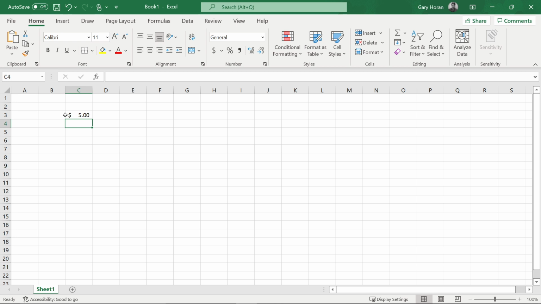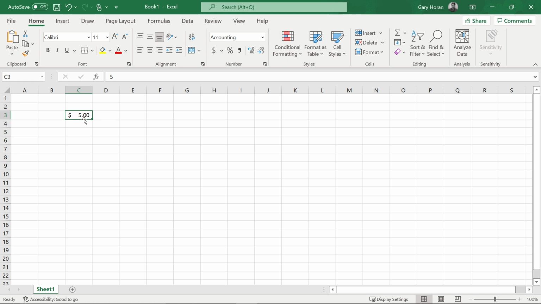$5.00. That's fine, and this would be governed by the country that you live in. But the interesting thing is, if you have a look up at the formula bar, you can see that 5 hasn't changed. And the reason for that is that Excel actually in the location of C3 just has a 5 in that cell. But what it's got overlaid over the top of the